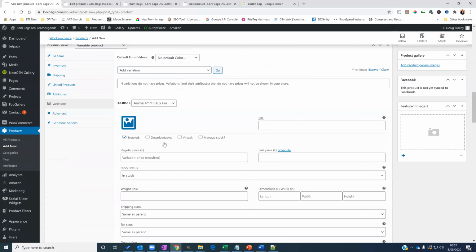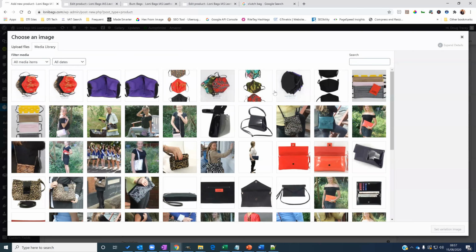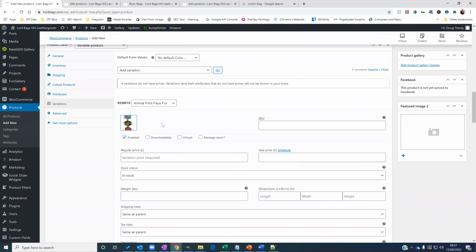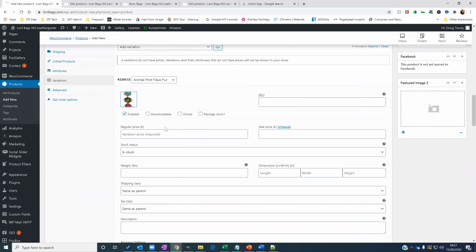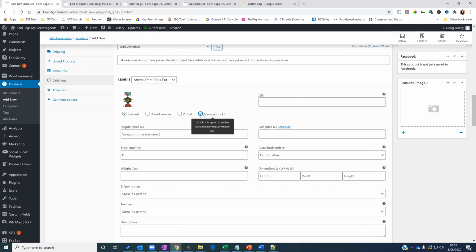So again, you go through manually. You need to add an image. So we'll set that variation image for that particular color. You can click Enabled for that, and you can click Manage Stock, because we need to make sure there's a stock quantity in there. Because if you do have it out of stock, you can then just change that to 0. So you put the stock number in here, put the variation price, so 19.99,